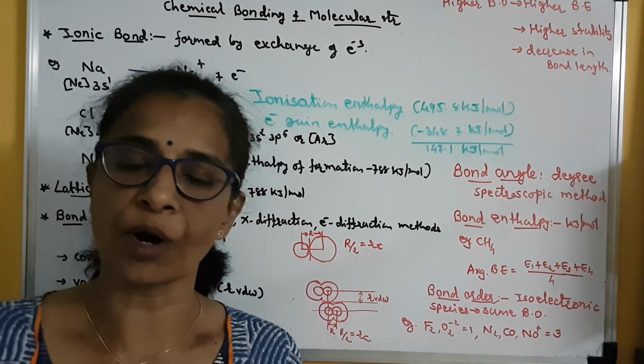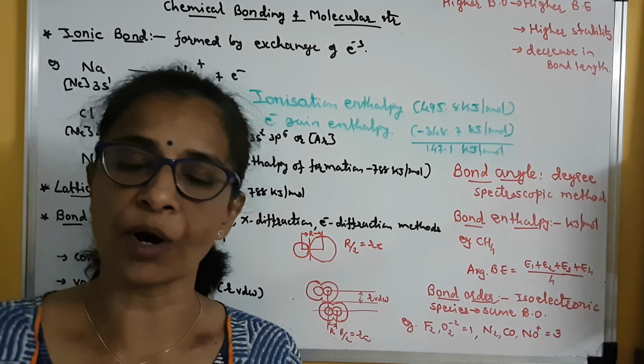Chlorine, when it accepts electron, it is called electron gain enthalpy, and electron gain enthalpy can be positive or negative, means the gain of electron can be either exothermic or endothermic, it depends on the type of the atom which is gaining electron. Clear? So here in case of chlorine, electron gain enthalpy is negative. Why? Because when the electron is accepted by chlorine atom, heat is evolved or heat is released. So here this electron gain enthalpy is a negative value.